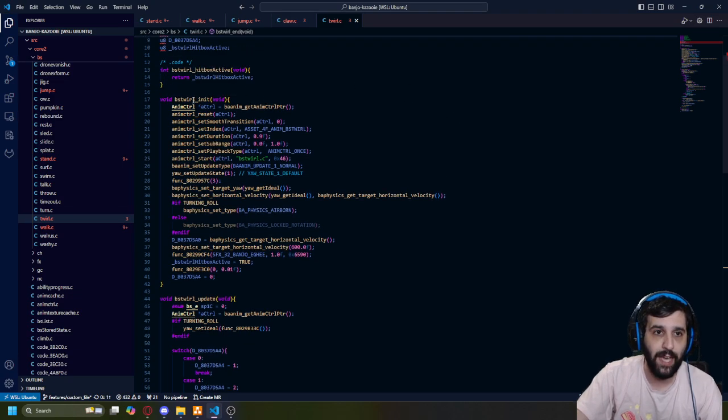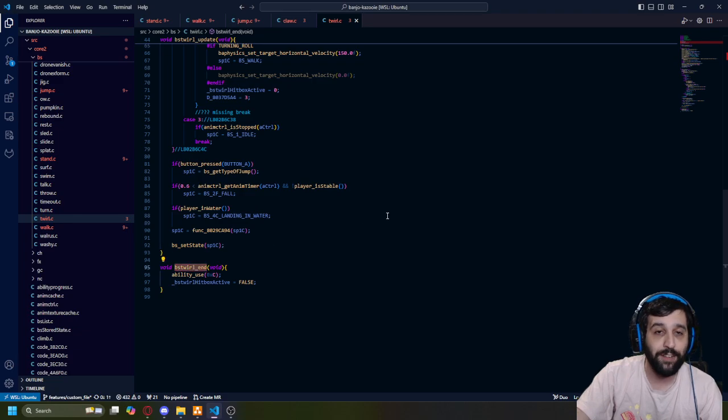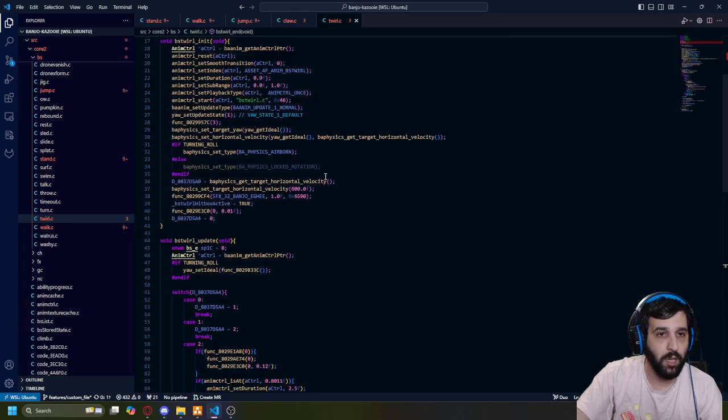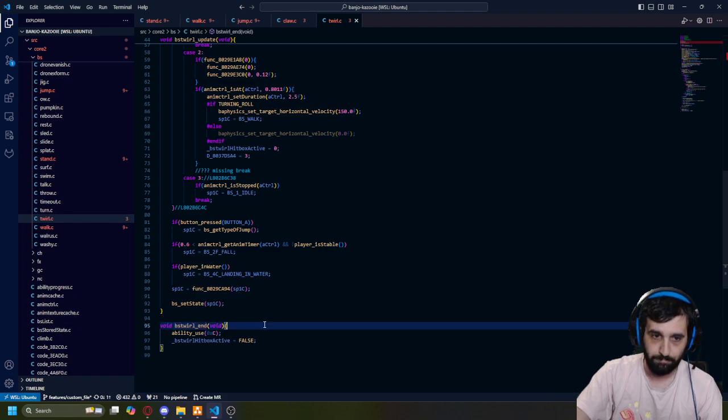And you'll notice how they have an initialize, an update, and sometimes an end function, depending on where you're going. Not everything's going to have an end function, by the way. But that's an overview